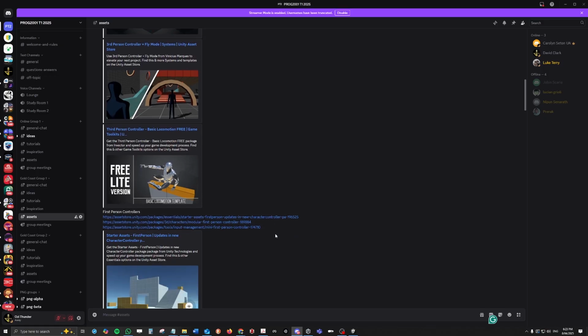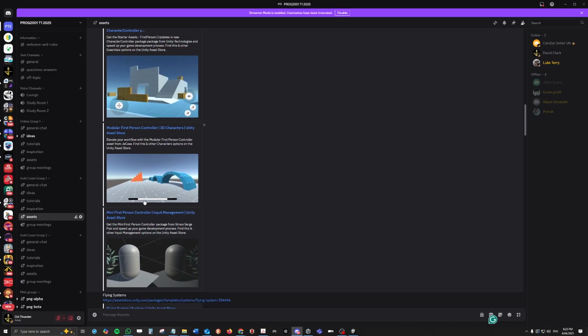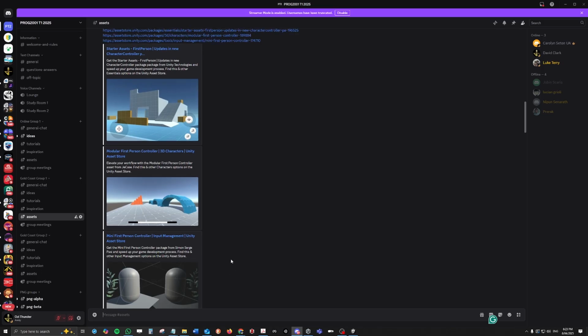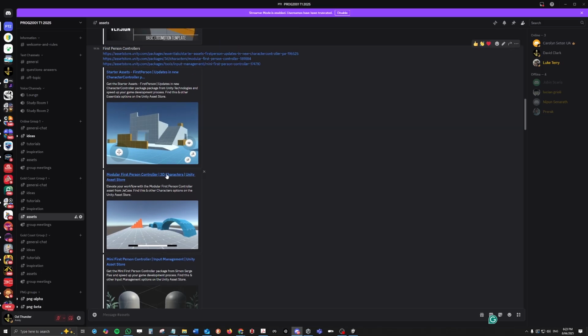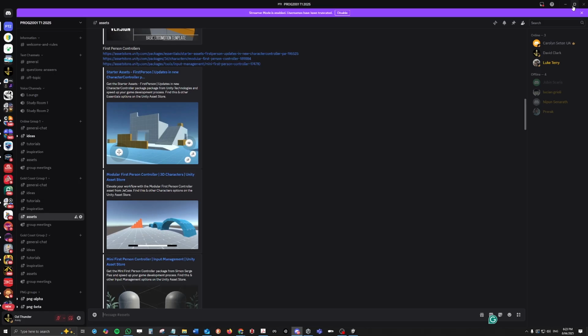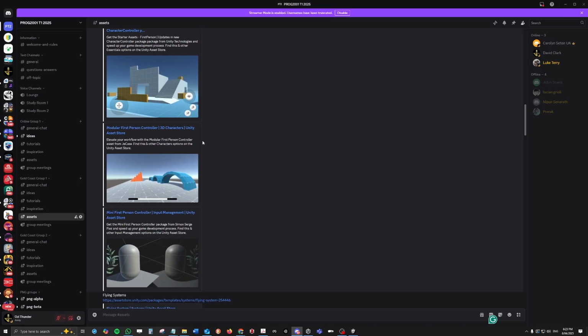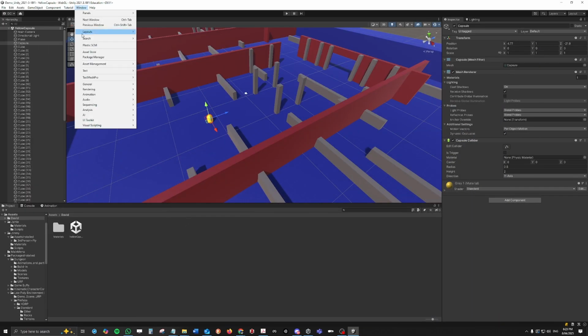For the first person view one, it's going to be very, very easy to work with, because all you have to do is have any interactables like collectibles, just attach them, just correlate them to the rigid body capsule of the character. So if we were to do, let's say, the modular first person controller, I think that's got a jump, so that's always fun. I don't think the mini first person has a jump, so let's go with this modular first person controller. So if I wanted to bring in a character controller asset, I would go to Window,